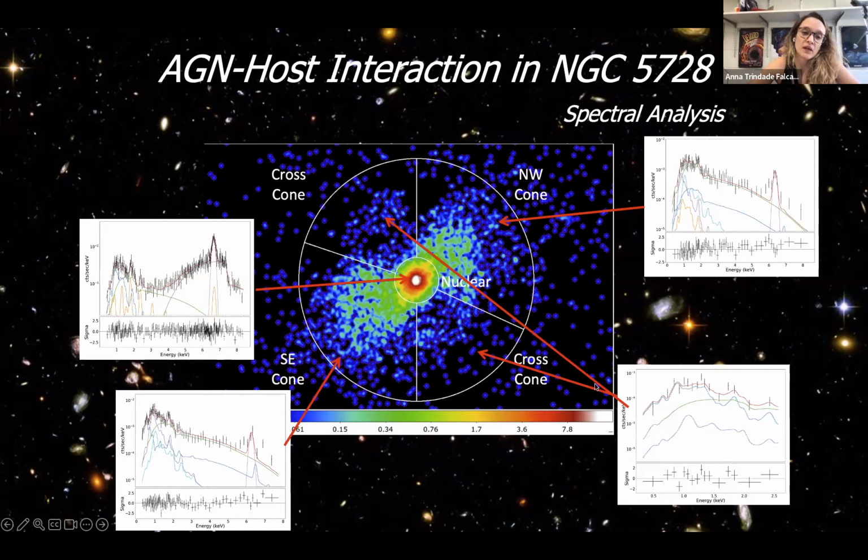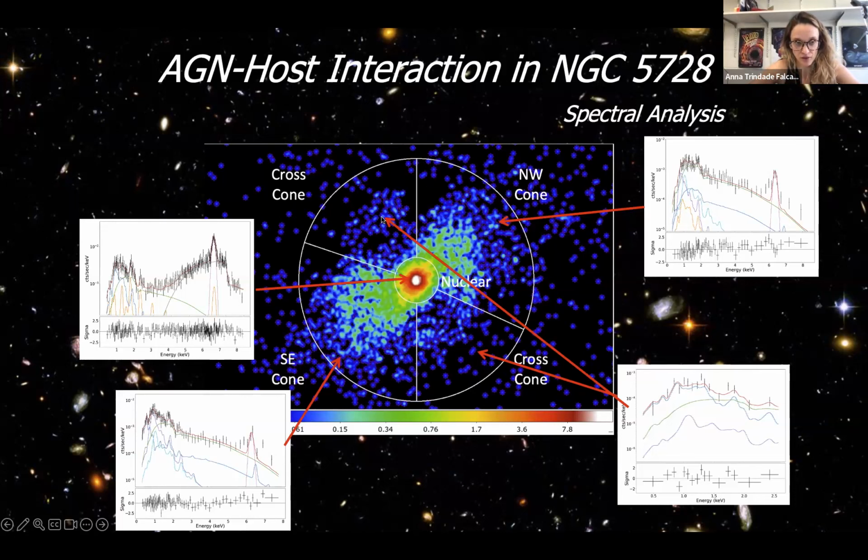So basically, you can extract the spectral information from different regions of the AGN to analyze possible different emission mechanisms